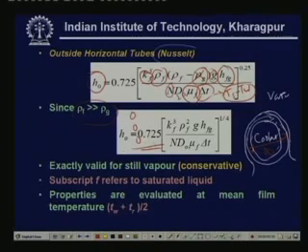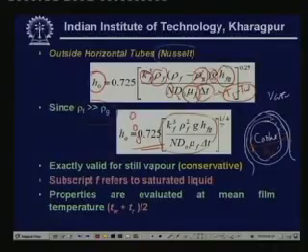Okay, h naught is 0.725 multiplied by this factor to the power of 1 by 4. This expression has been obtained analytically, assuming that the vapor is still. Okay, that means the vapor is not moving. You have a condensing surface in a still vapor. But in actual case you find that there will be some vapor movement. That means the correlation suggested by Nusselt is a conservative correlation, because the heat transfer coefficient obtained by using this will be slightly smaller than the actual condensation heat transfer coefficient